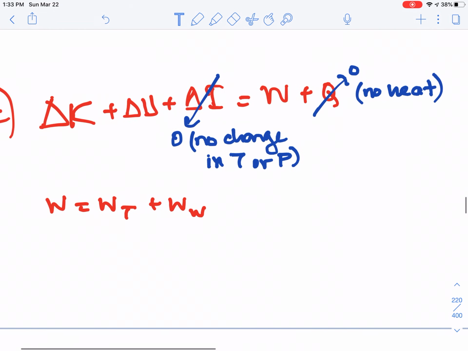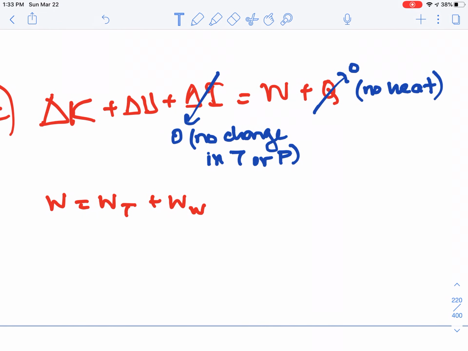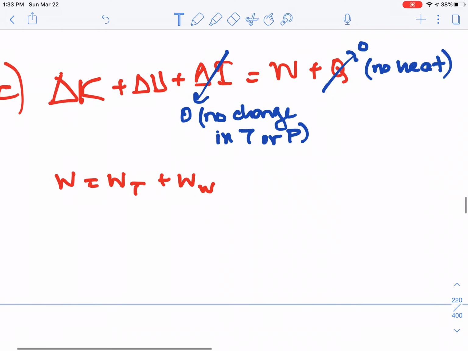But remember, I kept delta U. Maybe I want to get rid of this work done by the weight force. You can do either way though. I really want you to be clear on that. And if it is not clear, please reach us through discussions for Monday's class or emails or some other way, okay? So what I'm going to say is I'm going to take this one as 0